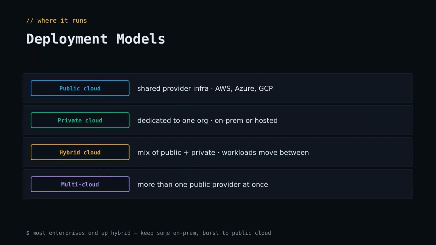Service models tell us who manages the stack. Deployment models tell us where that stack actually lives. Public cloud runs on shared provider infrastructure like AWS, Azure, or GCP. Private cloud is dedicated to a single organization, either on-premises or hosted elsewhere. Hybrid blends the two, letting workloads move between them, while multi-cloud simply means you're using more than one public provider